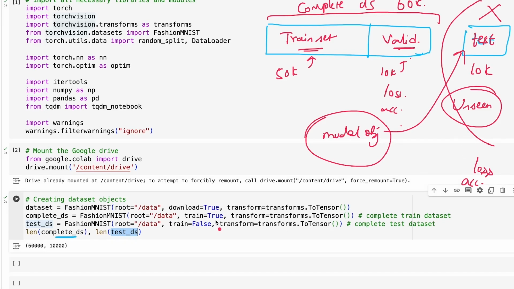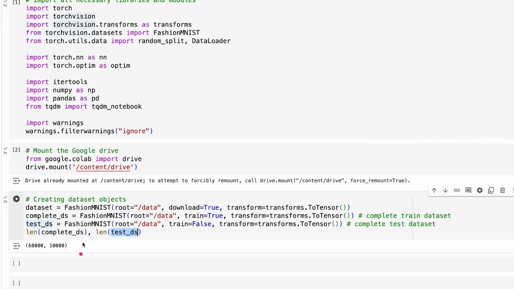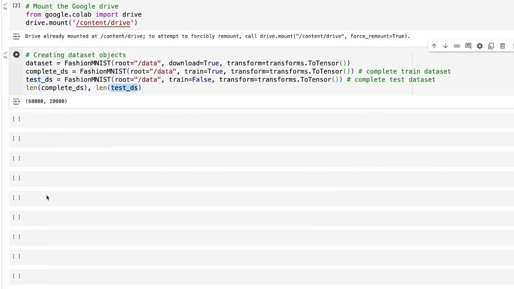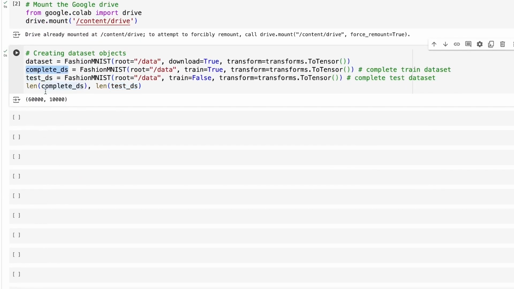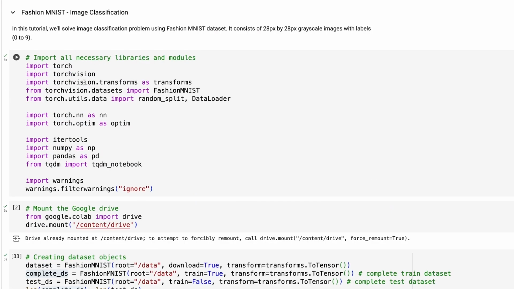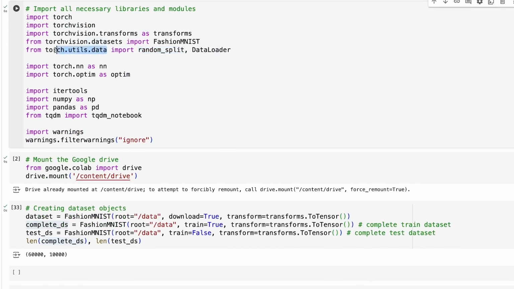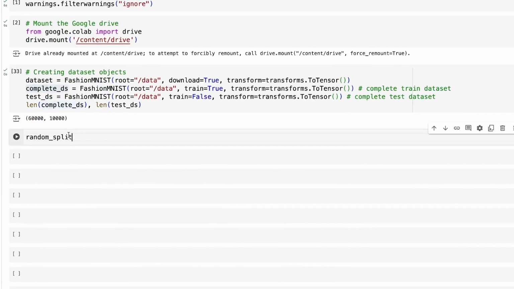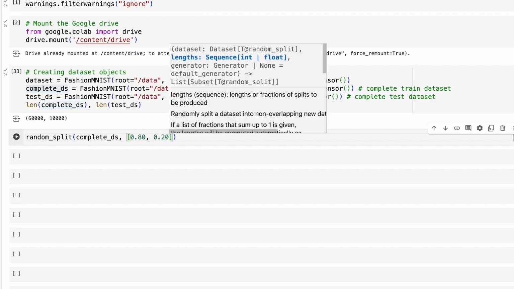Okay, since we have looked at creating the dataset objects already, now I am going to consider this complete DS and split this particular data into train and validation datasets like we have discussed. I'm going to make use of the random_split function, which is imported from torch.utils.data. Within random_split, I am providing the complete DS that we already have written within the parenthesis. Also providing the number of observations or proportion of observations that should belong to the train set as